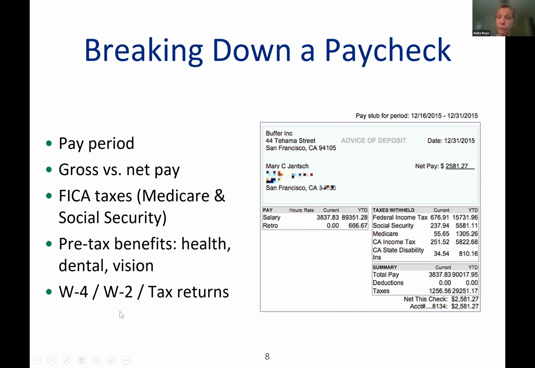We have a W-2 form, which is provided to us at the end of the year. It breaks down all of this information: our total pay, all the taxes that we've paid, and our net pay. This is just the last year's pay stub. It's not a W-2, it's just a pay stub. The W-2 is a separate form and has more information for federal tax filing purposes, and in this case, state filing with California.